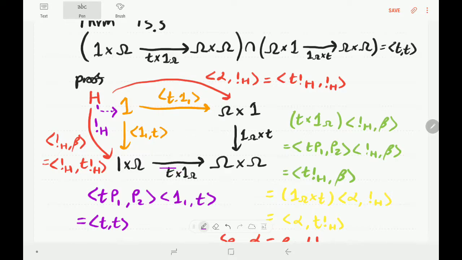And we can see that this is a pullback because if we have a candidate H that makes this outer diagram commute, then